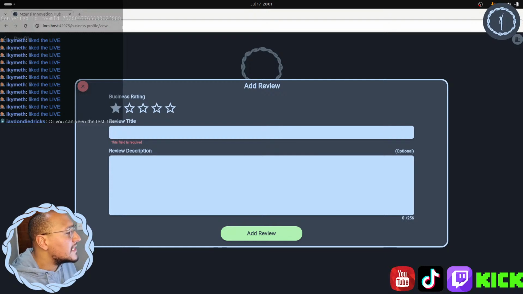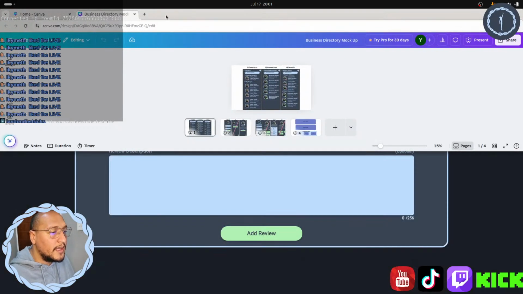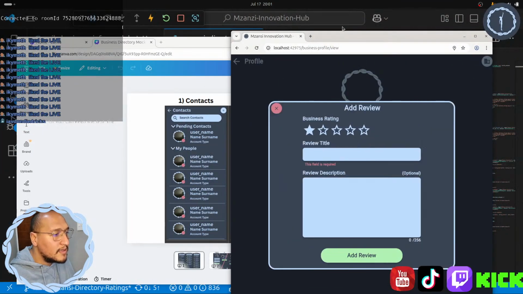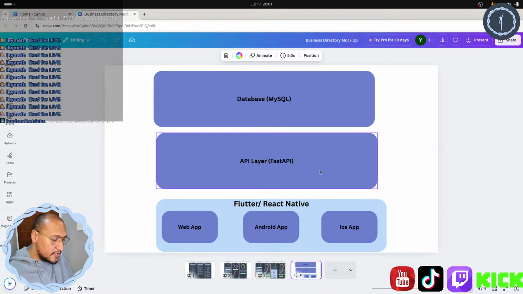So yeah, in the previous lives, we designed something together, just to explain what the structure of things is looking like. So if we head back over, oh, I'm using the wrong one, but anyway, that's fine. That's why I had to log back in. But here, this is what it's looking like.